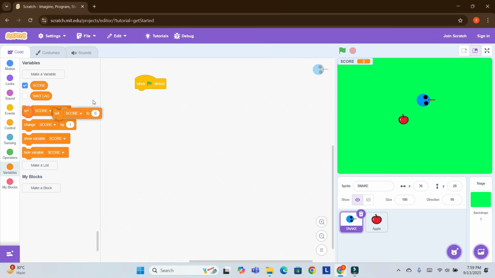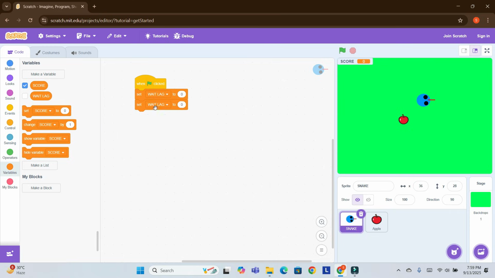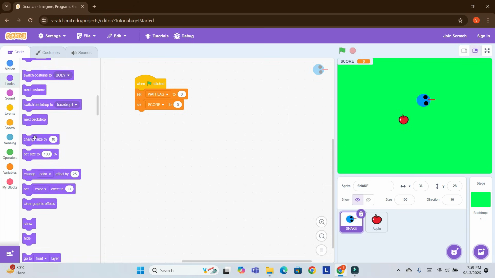When green flag clicked, set wait lag to 0, and duplicate this and paste it. When green flag clicked, set score to 0. It means when green flag is clicked, our score and wait lag will be 0. Now let's go to looks, show.